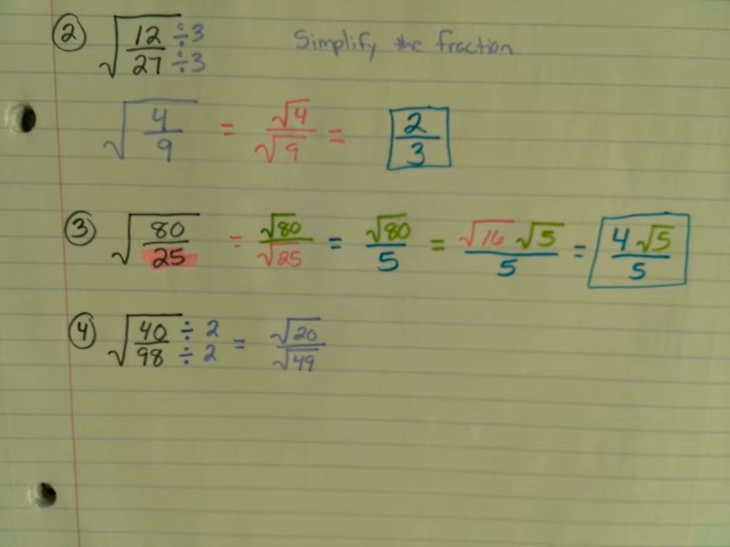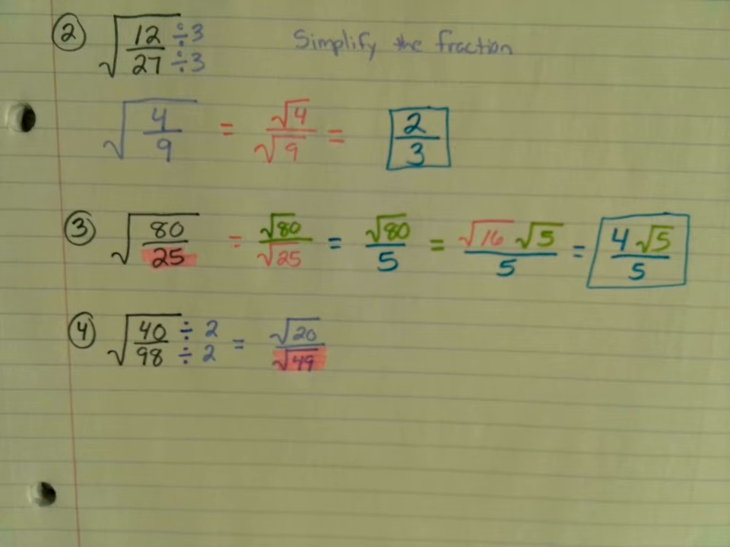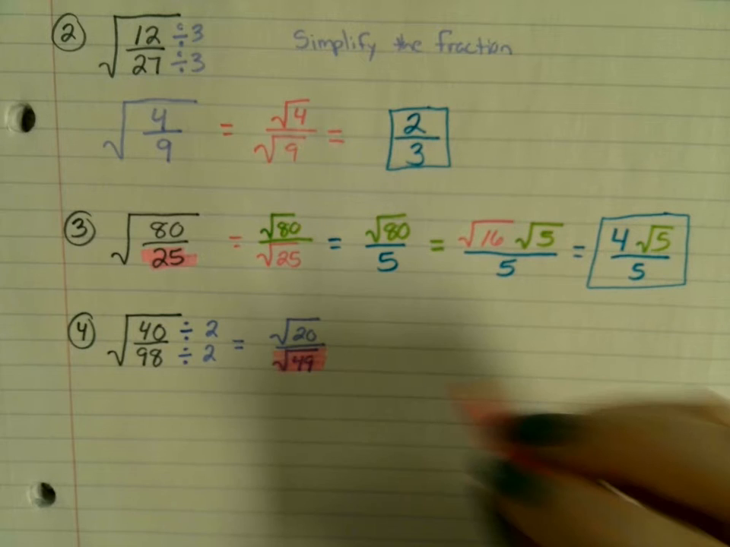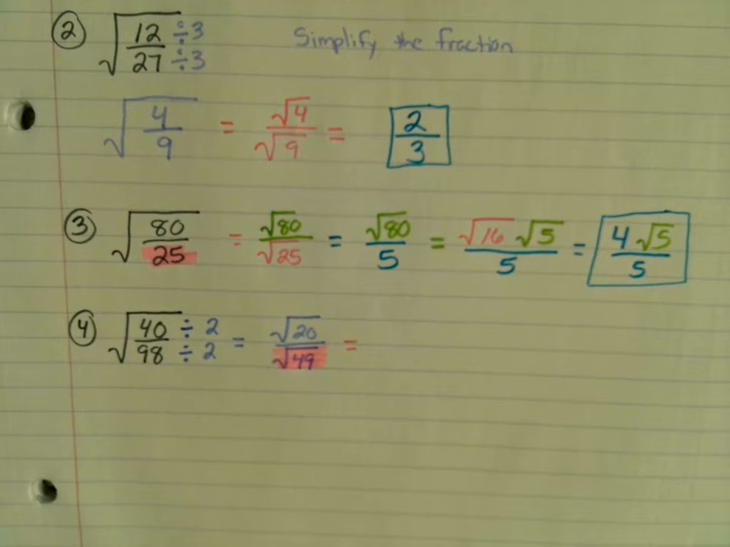Do I have a denominator that is a perfect square now? Yes. My denominator is a perfect square, so I'm going to go ahead and highlight that in pink. Okay, what about square root of 20? Is square root of 20 perfect? No. Can I make it have a perfect square? What perfect square can go into 20? 4. So I'm going to have square root of 4